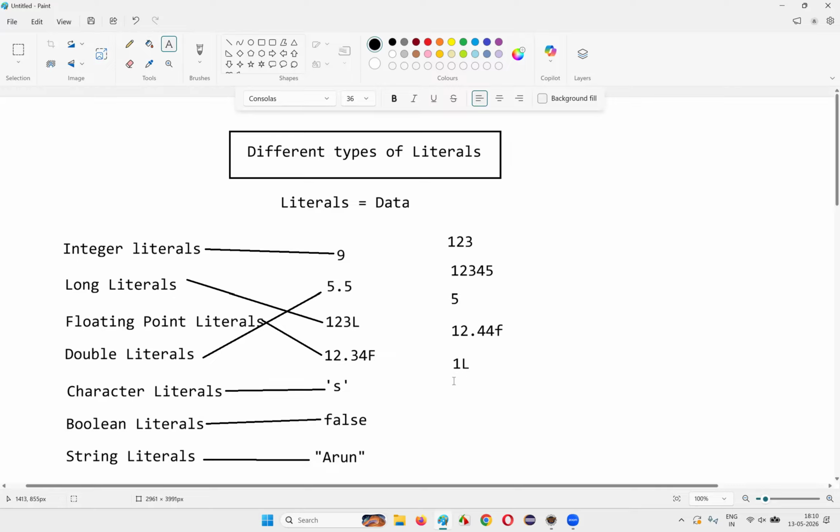It's a long literal. But if I give something like 4, 5, 6, lowercase l. Okay, here this is L guys, lowercase l. This is also a long literal. Fine. Next, what if I give